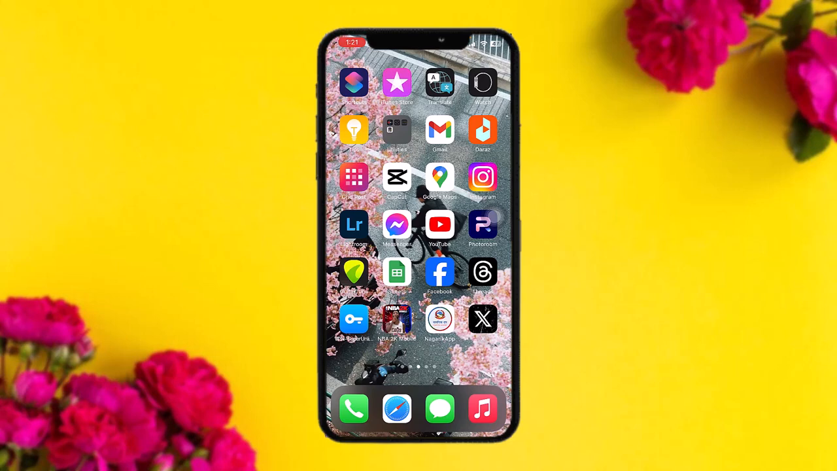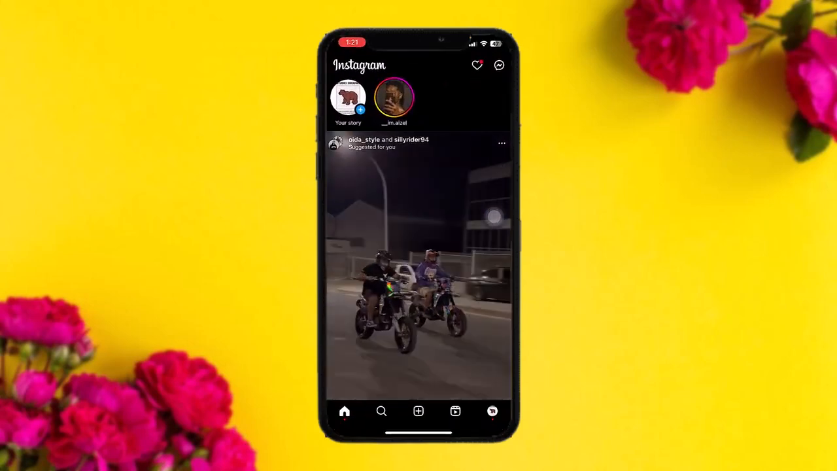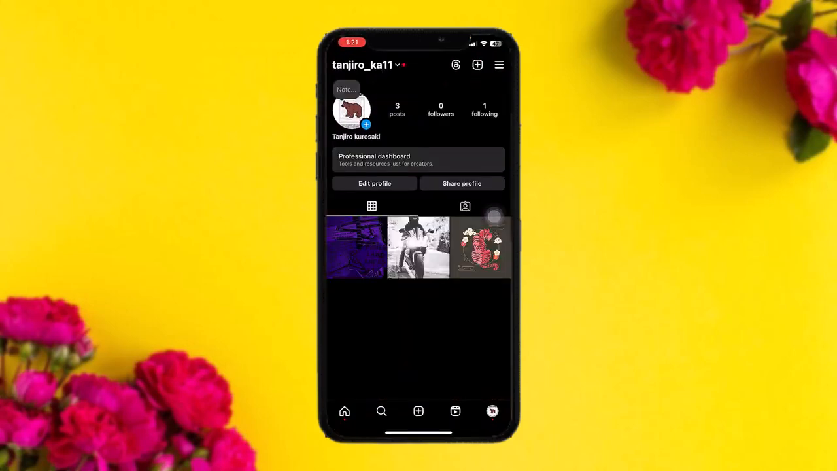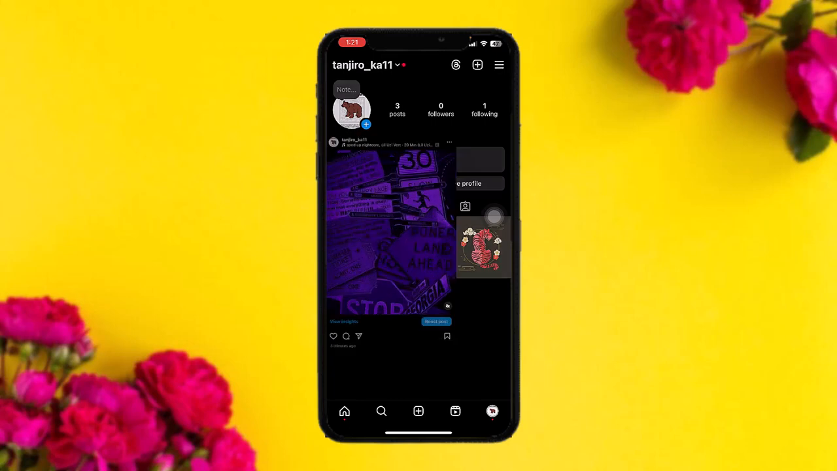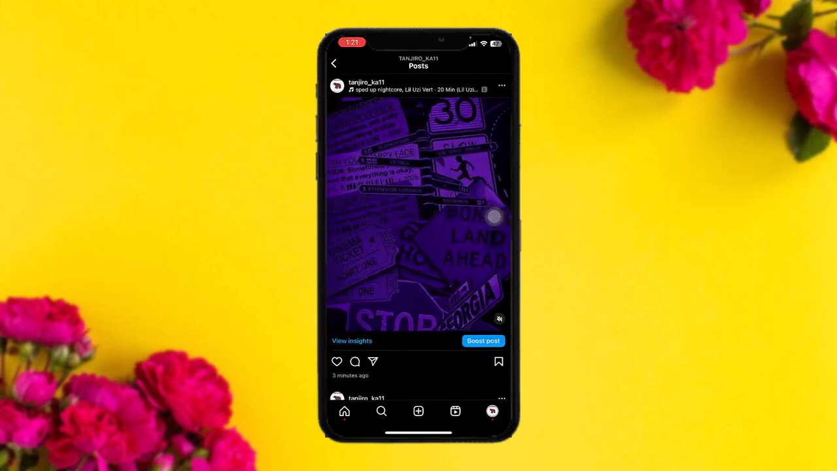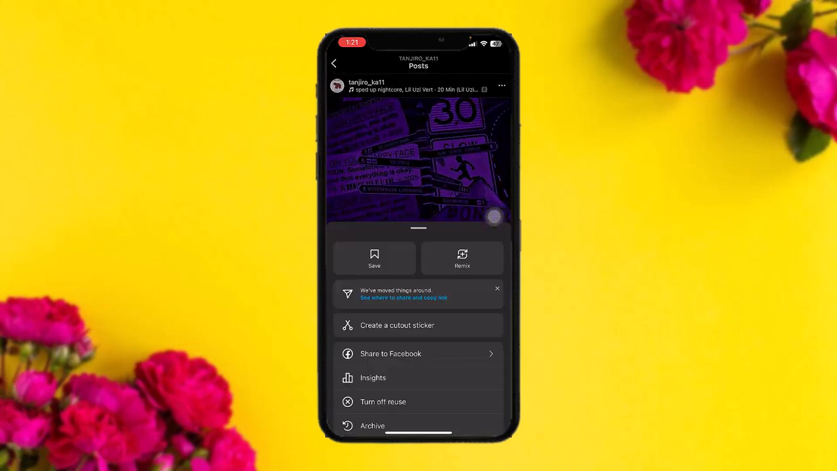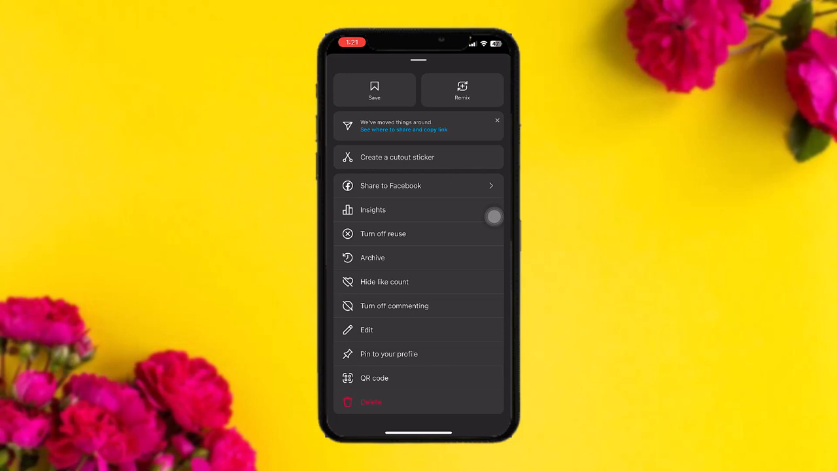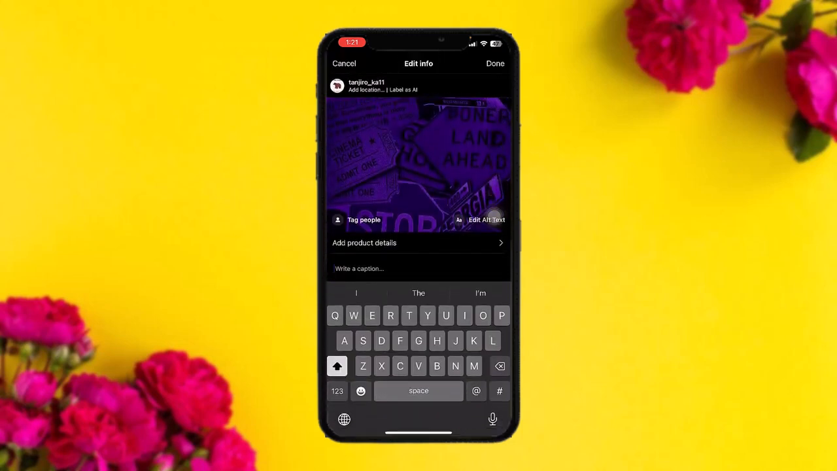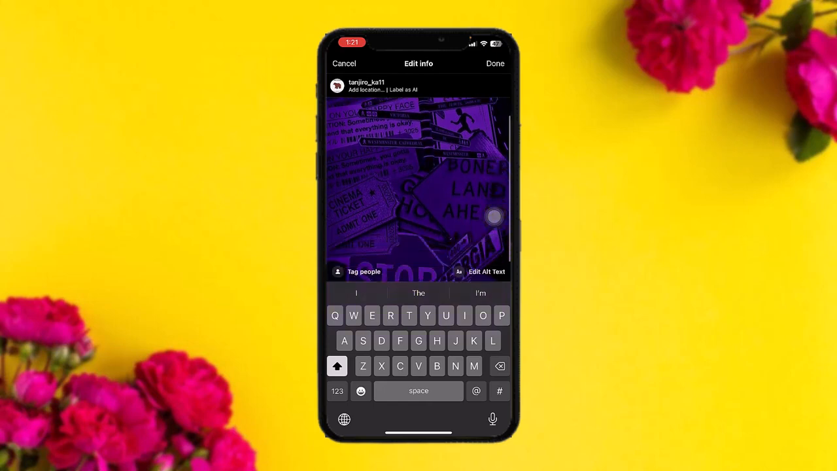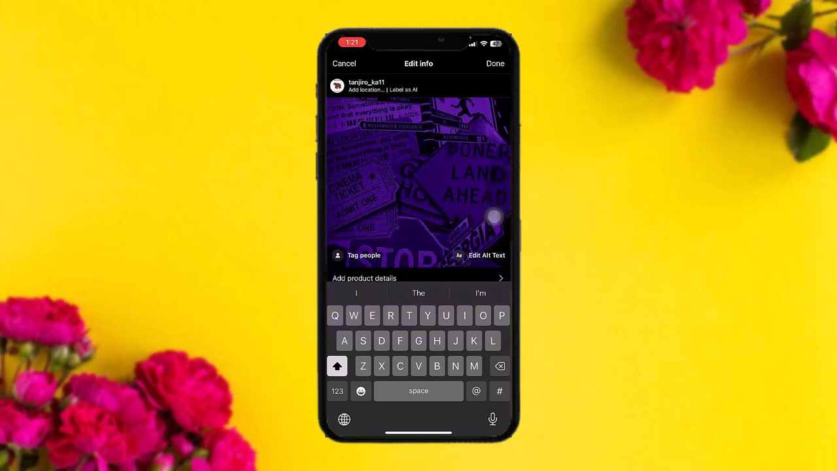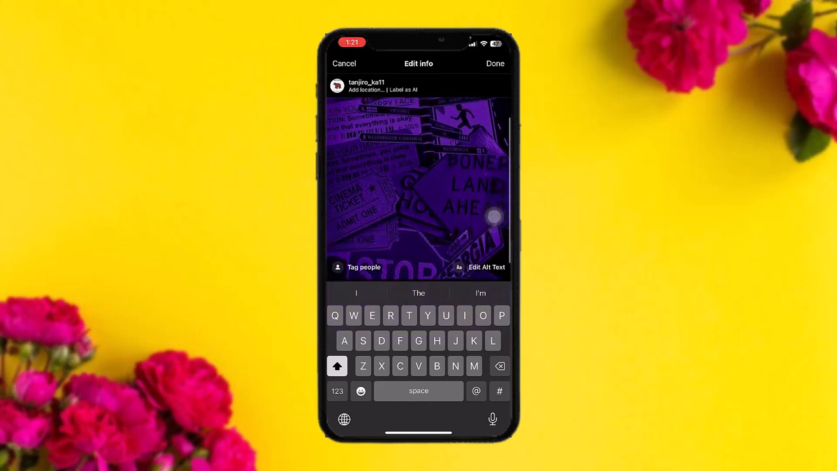Now the first thing that you need to do is open up your Instagram and then tap on your profile icon on the bottom right corner of the screen and then select the post that has your music. Now once you tap on the three dot icon on the top right corner of the screen and then tap on edit, here you can see there is no available option for removing a song from Instagram post, as once